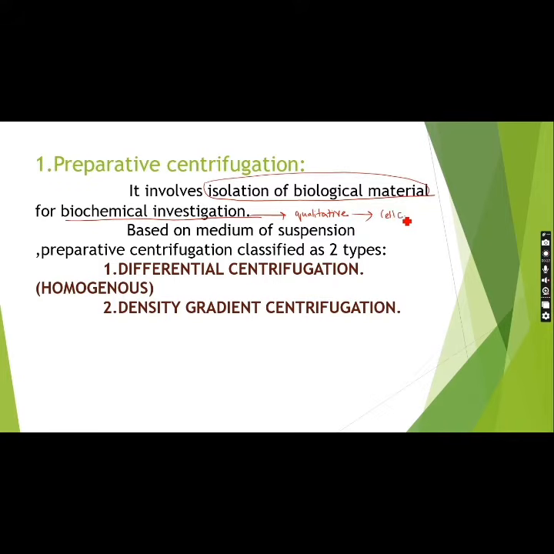can be cell components or biomolecules. Different types of biomolecules can also be separated in the case of preparative centrifugation. Based on the medium of suspension, that is going to be a single gradient or a different gradient. Based on the gradient used, preparative centrifugation can be further divided into differential centrifugation and density gradient